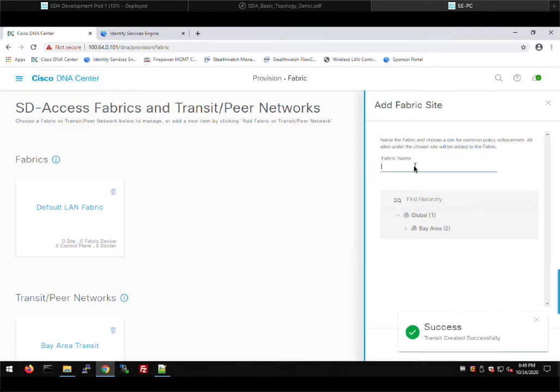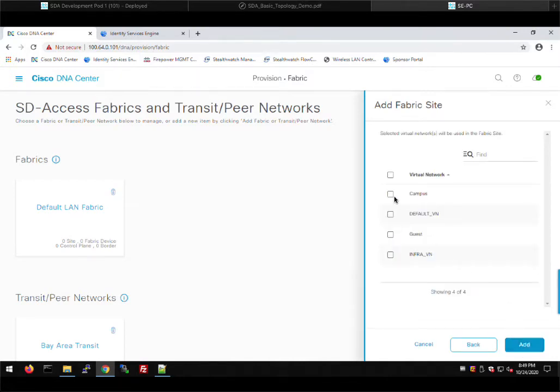We're going to call this, why not, Bay Area Fabric. We're going to just start with San Jose for now. You'll see here, we can pick which sites the fabric belongs to. We're going to start with just San Jose. We're going to add San Francisco later when we get into multi-site. So we're just going to select San Jose, give it a name, click next, and we're going to pick which